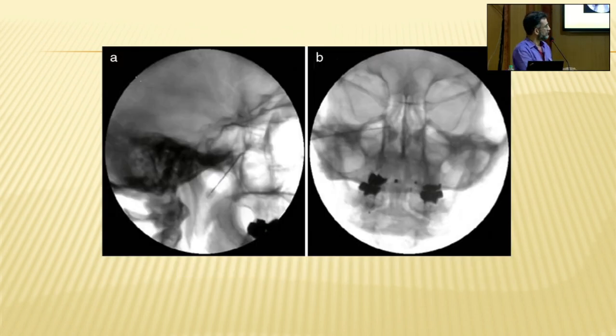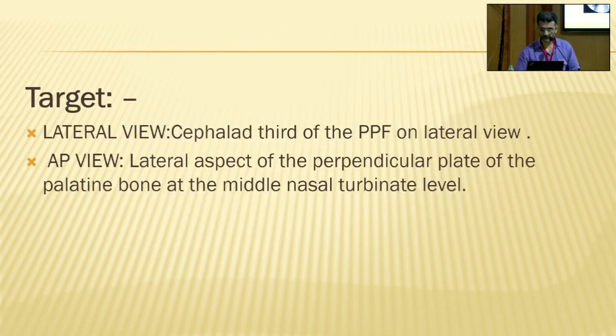Now this is what I was talking about. You get a lateral image, and then this is the lateral image. Now this is again because this palatine bone is very small and fragile. Therefore, once I am inside the foramen, I get that feeling that I have entered the fossa. I get the C-arm in AP and introduce gradually, making sure that I do not puncture, because this palatine bone is soft, and even with a 22 gauge spinal needle, there is a possibility that you might pierce it.